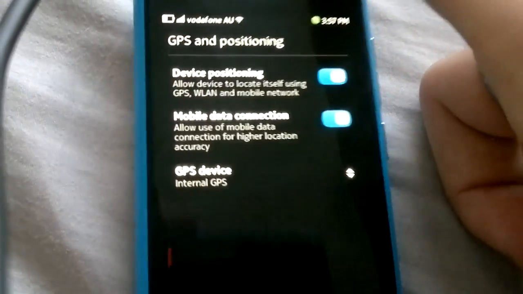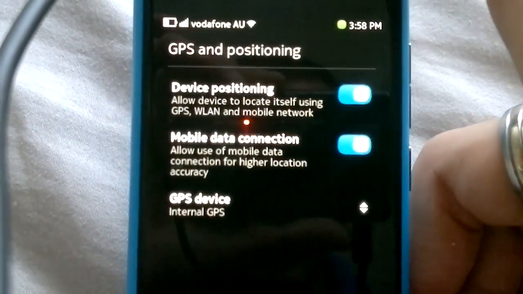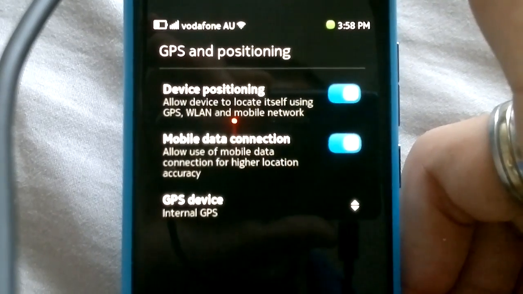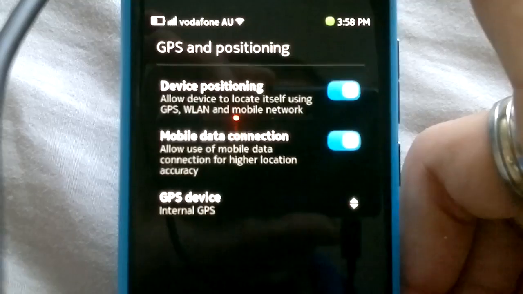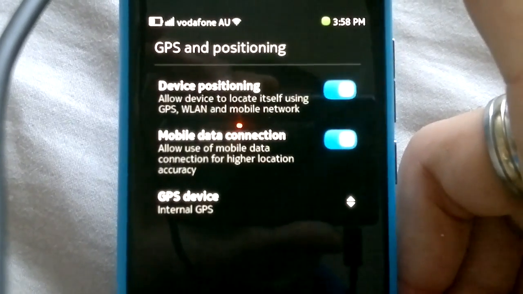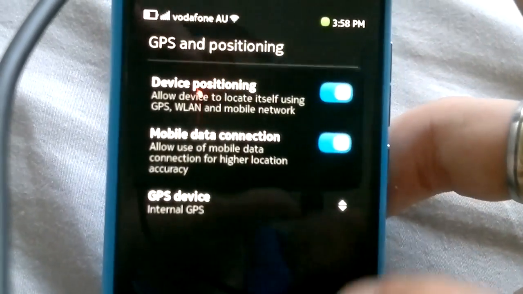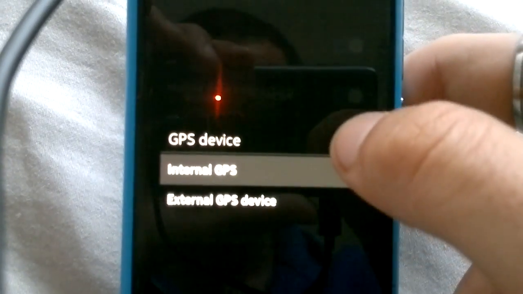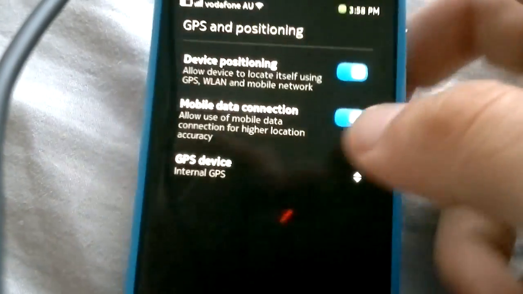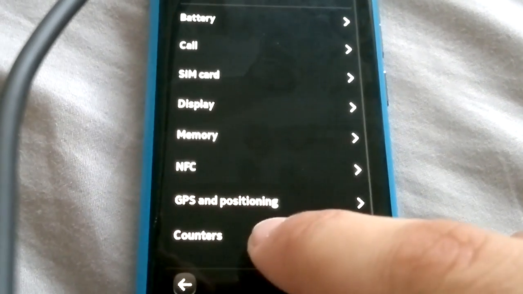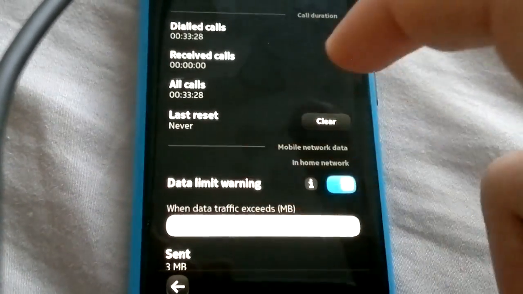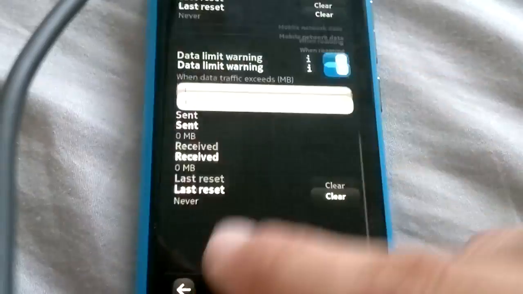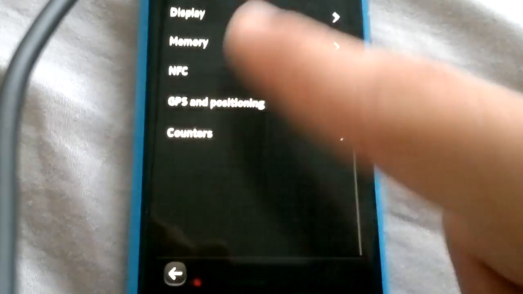GPS positioning, so you can choose how the device is going to locate itself, whether you want it to locate itself using wireless, your mobile data, or GPS. Well, obviously it uses all of them, it's on or off, but GPS, whether you want to use internal or if you have an external GPS that you want to connect to, mobile data, all those sort of options. Accounts again. That's it for